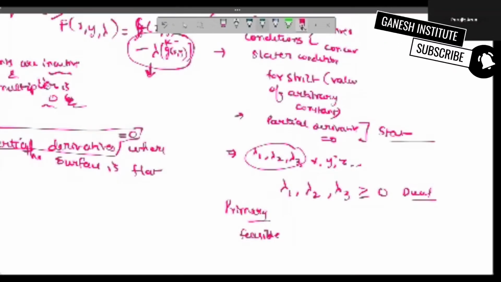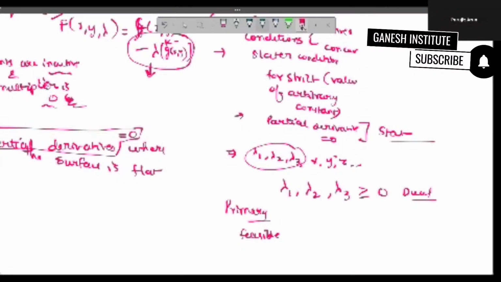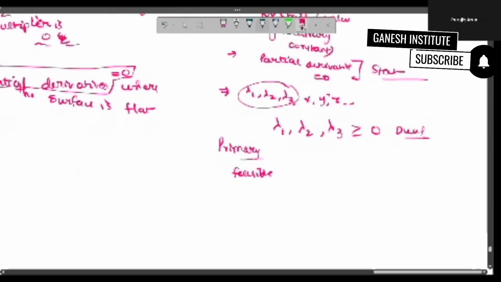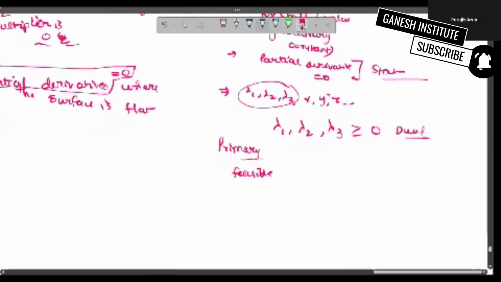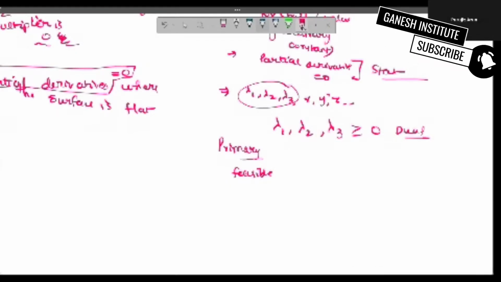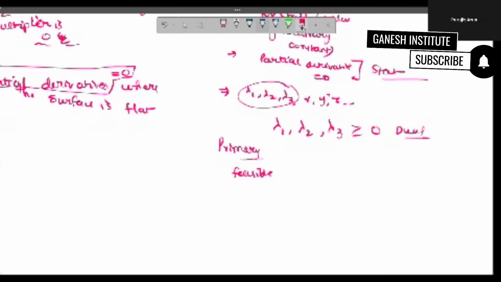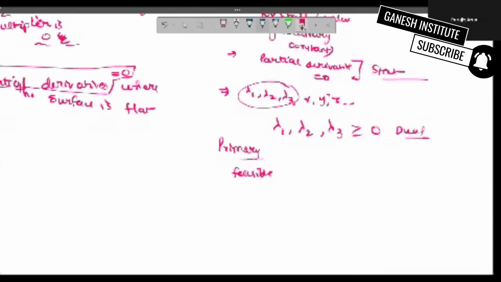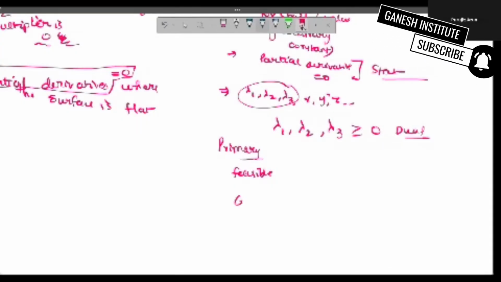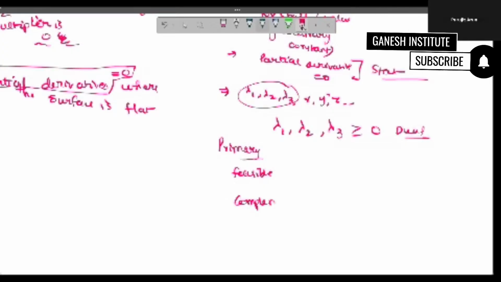This we used to do in Lagrange also, no? We should substitute all of the values of the lambda or x, y, z in the function for each inequality. That way only we'll be able to find out whether it is maxima or minima, local or global, right? And then once you are done, you have to use the complementary slackness, means